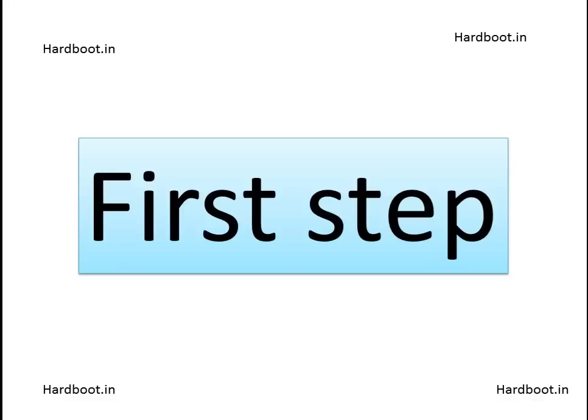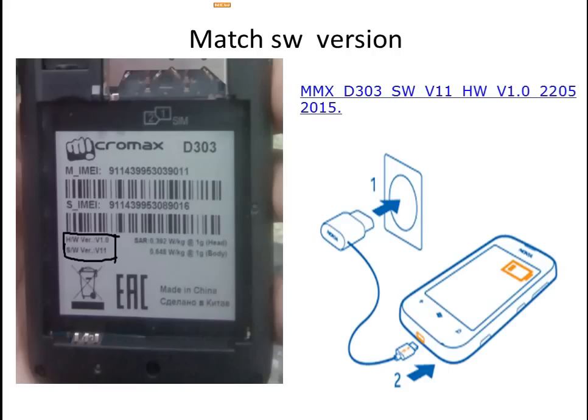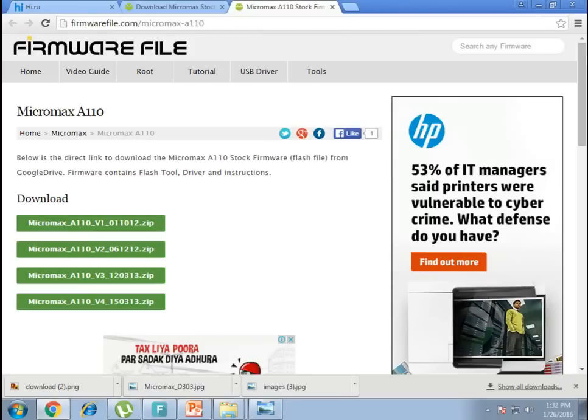Now the first step, before flashing your phone, is to charge your phone enough, up to 10 to 20%, and you have to match your software version with your flash file. For example, there are different software versions of MTK phones, and you can find that behind your battery, on the IMEI label, where there is the description of the software version. You have to download the flash file from good sources like XDA firmware, and you have to download the